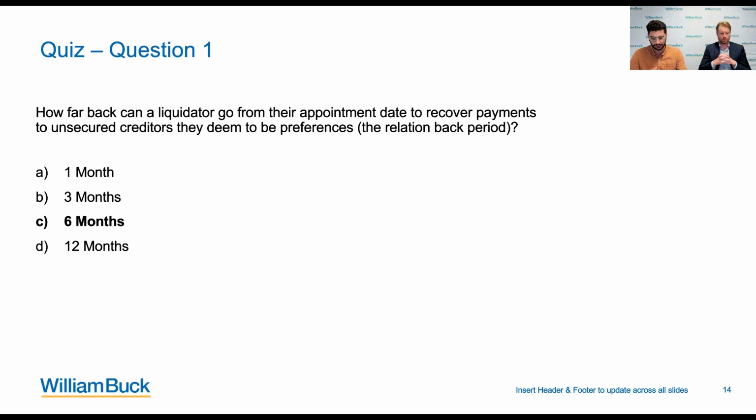There is a quirk here if it's a court winding up liquidation, it is actually 6 months from the date the winding up application was lodged. So there is a further amount of time that can be clawed back there for a liquidator. And this is in relation to an unsecured creditor that is not a related party. There are different rules for different types of creditors there.